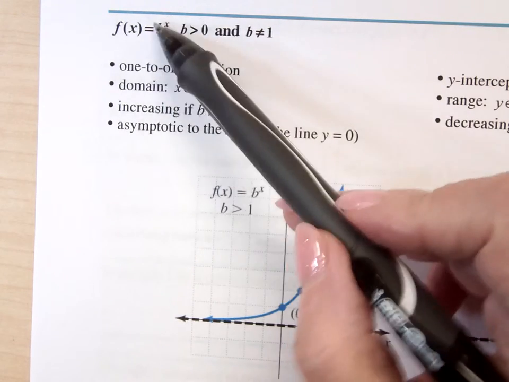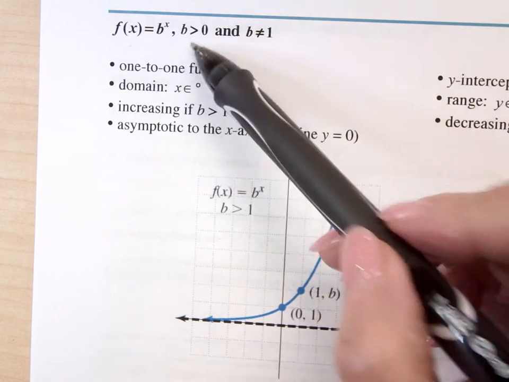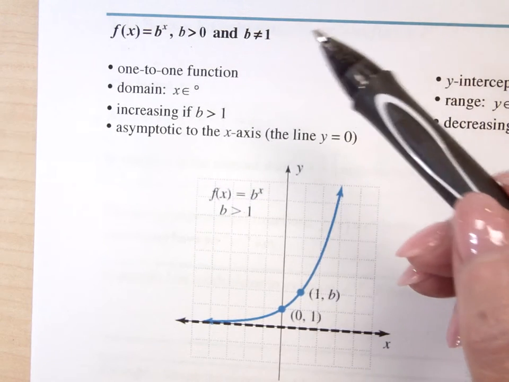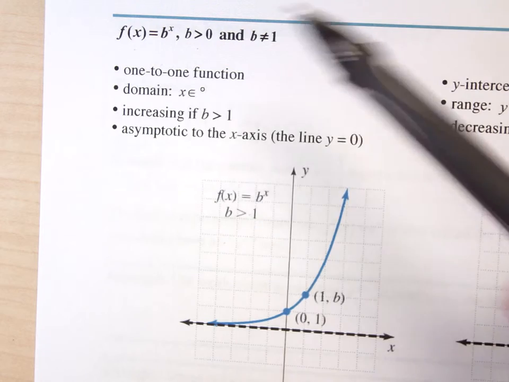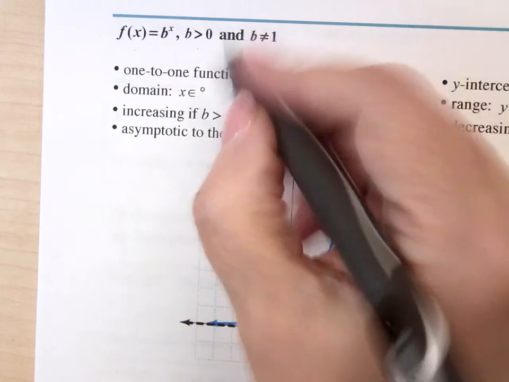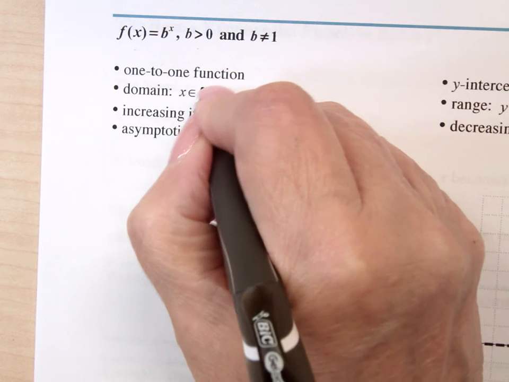So this says y equals b to the x, b positive, b can't be 1. It is a 1-to-1 function, so it passes a vertical and a horizontal line test. Its domain is, and this should be, all real numbers,